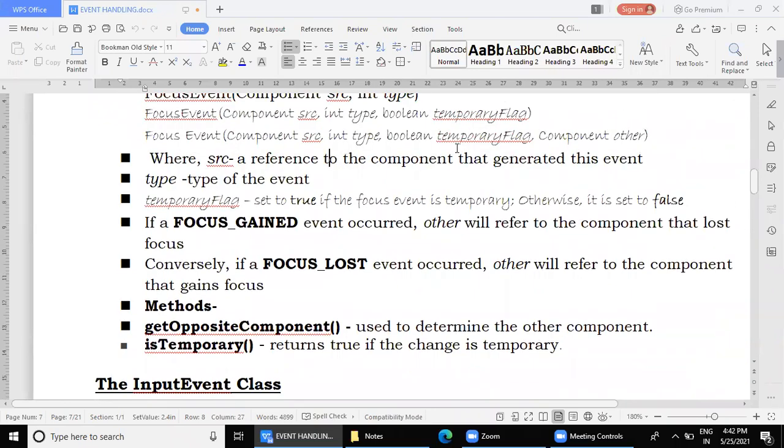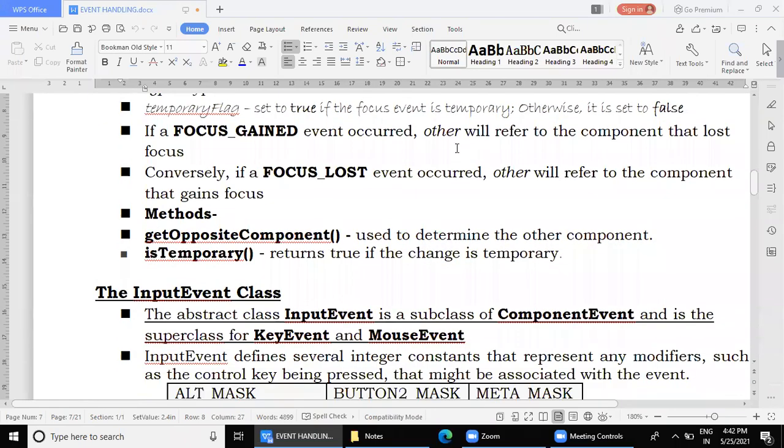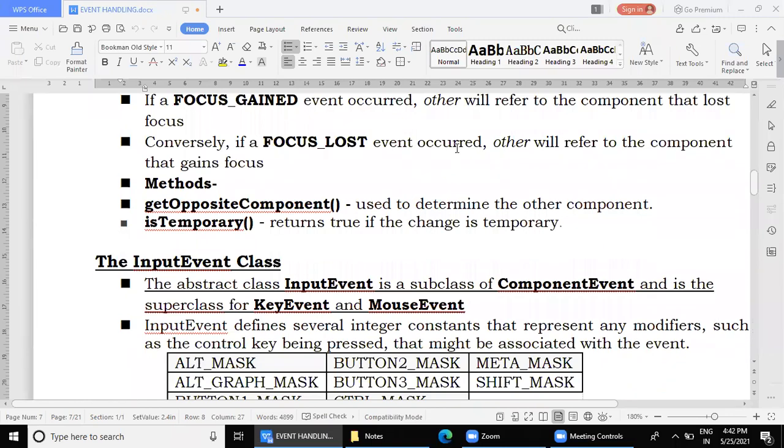So whenever in these parameters we come across the word other, that indicates the other component of the pair. One will gain and the other will lose. The other means the component which has lost the focus.